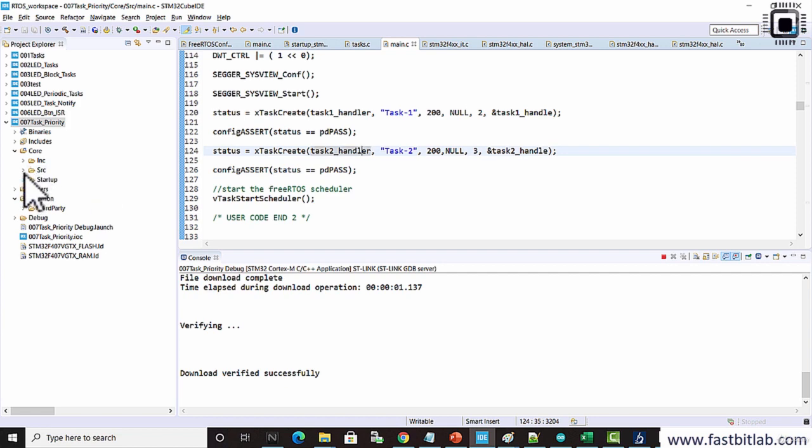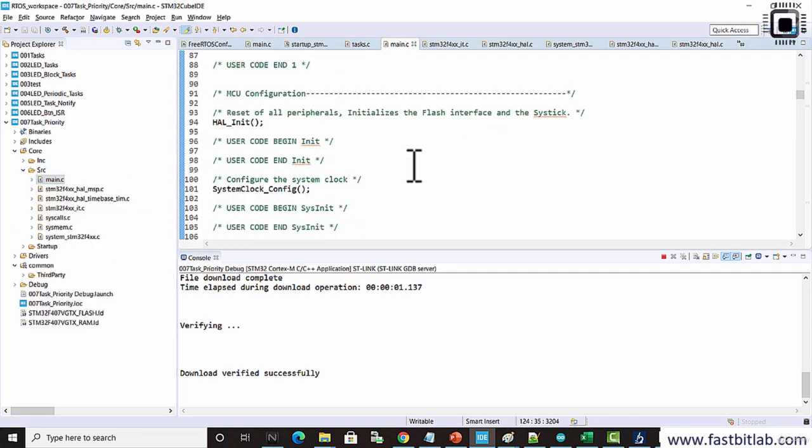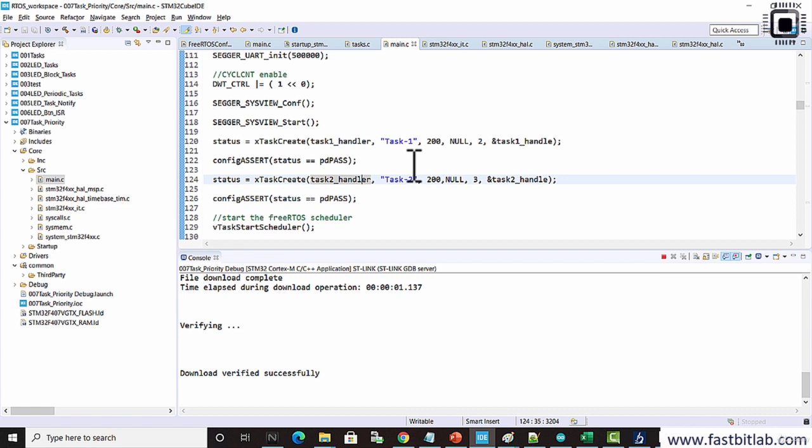Now let me just explain this code. Let me start from main. In the main code, you see I have created two tasks. The first task name is task 1 and the second task name is task 2. Task 2 is of higher priority, 3, and task 1 is of lower priority